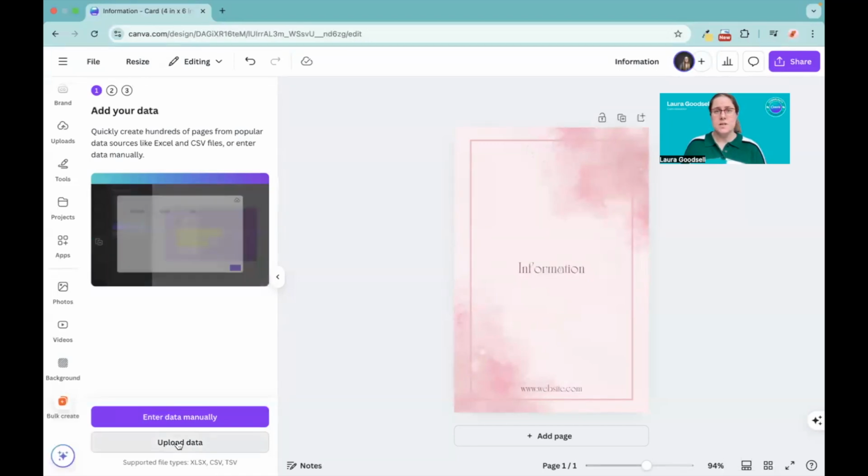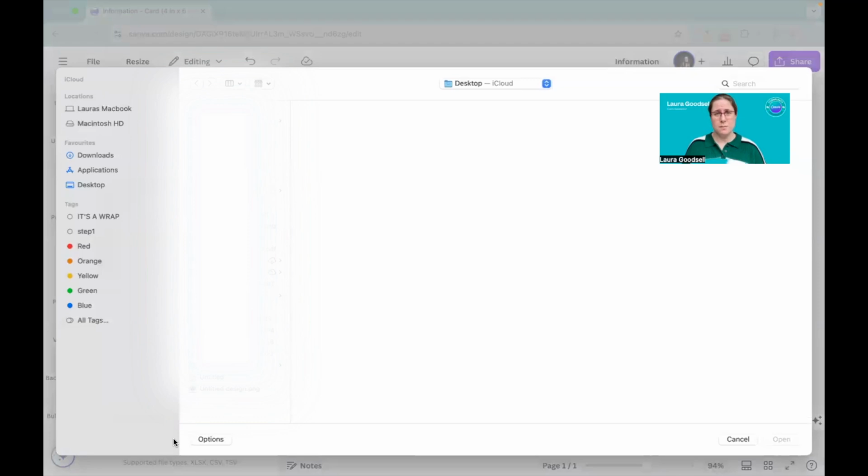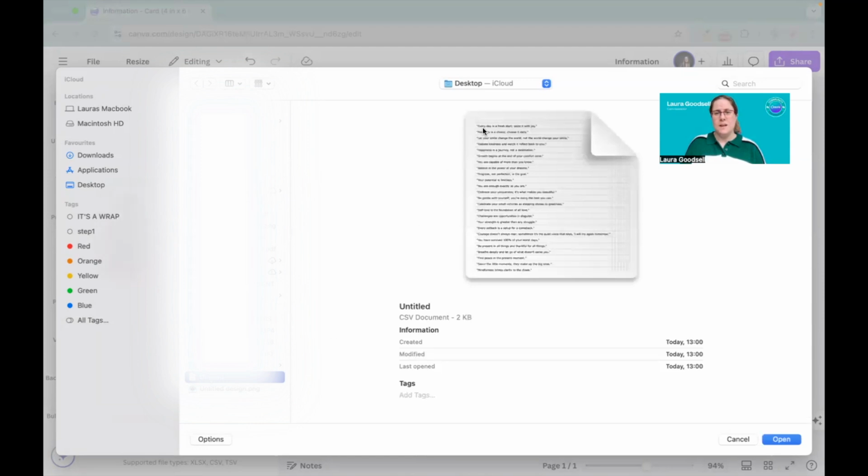I'm going to click upload data because we've got 30 lines of information. I'm not going to copy and paste each one separately. Now it's called untitled because I didn't name it. And there you can see is my CSV file. If I click open,